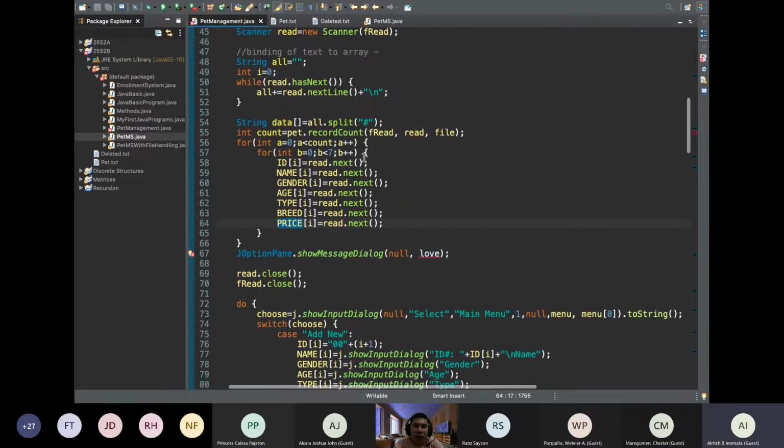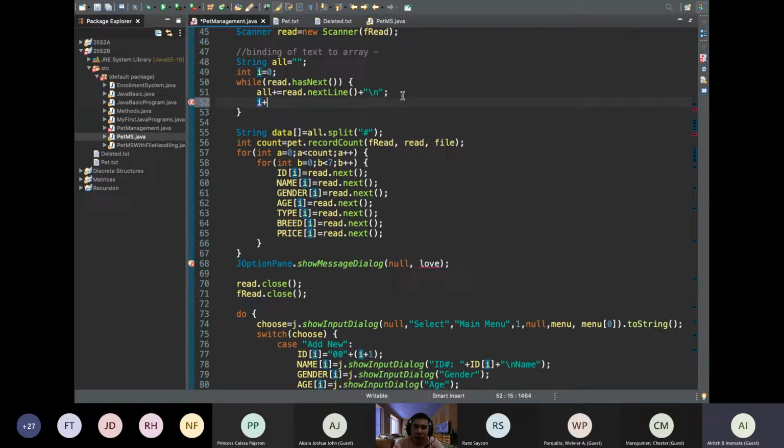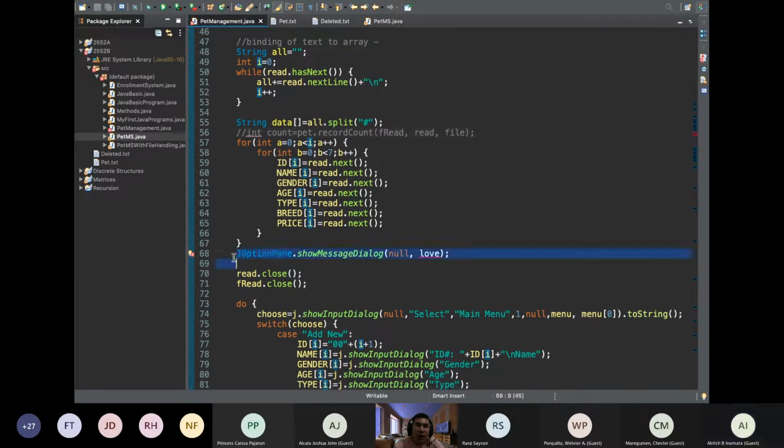Okay. So now, actually here we can also do I++. We can do I++ here, and then there's no need for this one anymore. It can just stay in another class. Instead, you can put I here, it's up to you. You can also put I up above. Okay? So now, the next thing we do is,